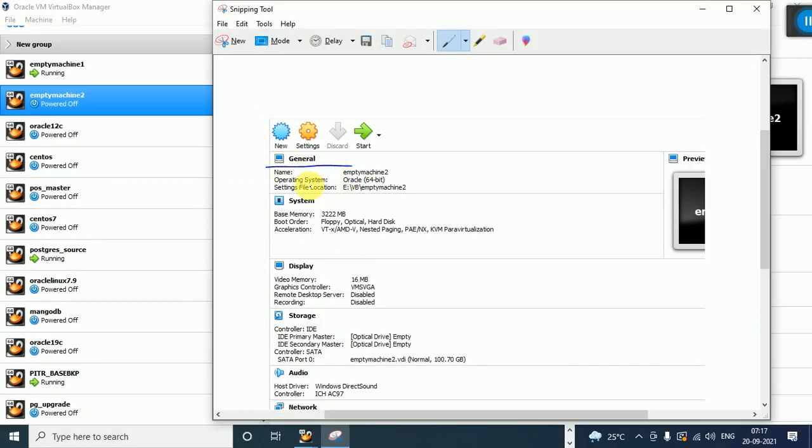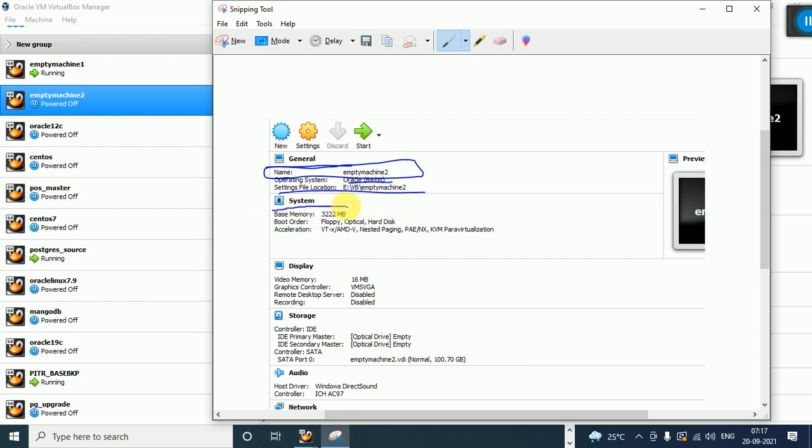We can see the virtual machine name. This is the virtual machine name. Yes or no? On the left side, the same machine name is selected. What is the operating system? Oracle 64-bit. What is the settings file location, where this machine is stored physically? E drive VB folder, empty machine 2.